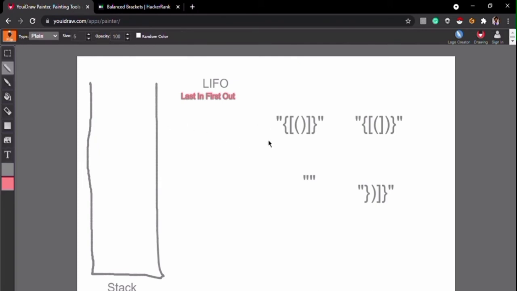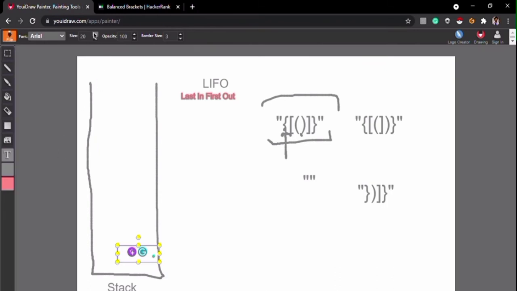This is an example of a matching pair. We can see that this is a balanced bracket, and let's see how we are going to solve this. Whenever we encounter any opening bracket, we simply push it in the stack, and whenever we encounter any closing bracket, we pop the matching pair of that bracket. So let's start, this is from index 0. We see that this is a curly brace of opening type. Let's insert this in the stack.